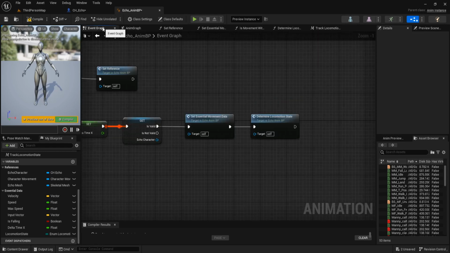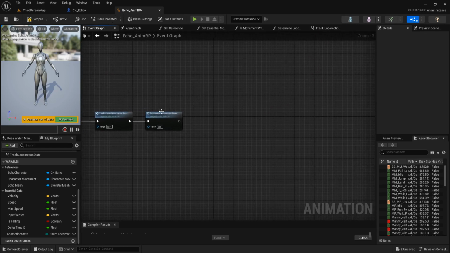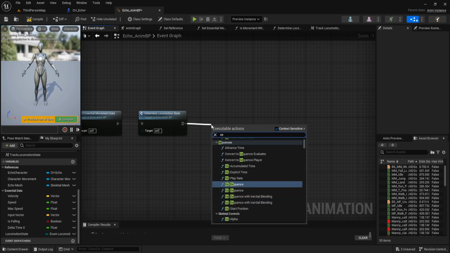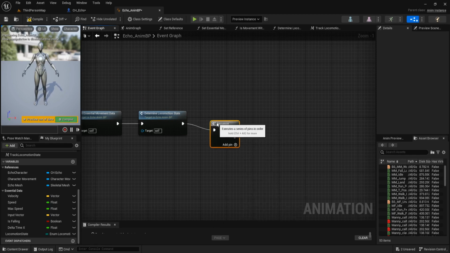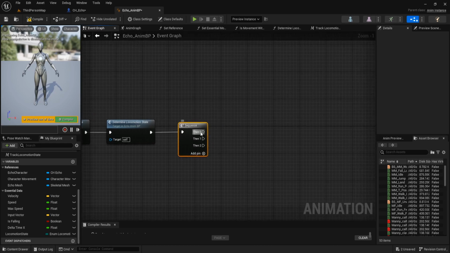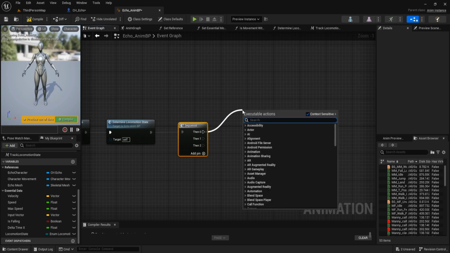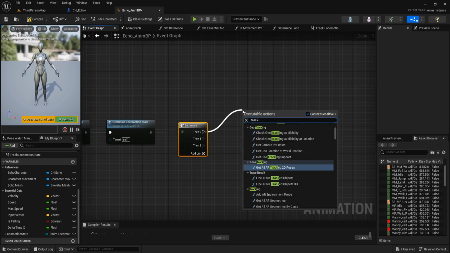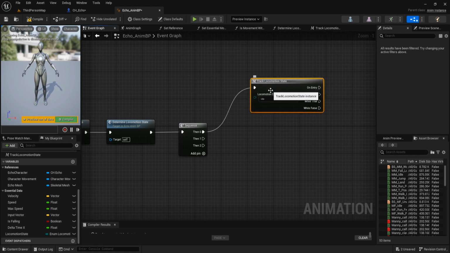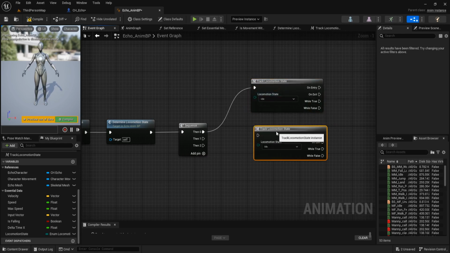Now go to event graph. And after we determine the locomotion state, we create a sequence and add pin. Call track locomotion state idle. And the second is track walk.